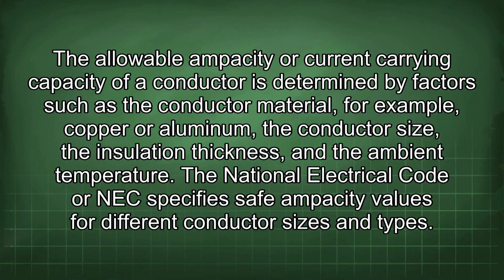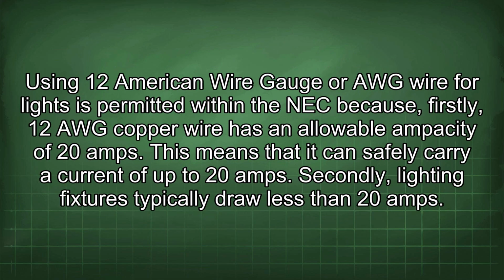The allowable ampacity or current carrying capacity of a conductor is determined by factors such as the conductor material, for example, copper or aluminum, the conductor size, the insulation thickness, and the ambient temperature. The National Electrical Code or NEC specifies safe ampacity values for different conductor sizes and types. Using 12 American wire gauge or AWG wire for lights is permitted within the NEC because, firstly, 12 AWG copper